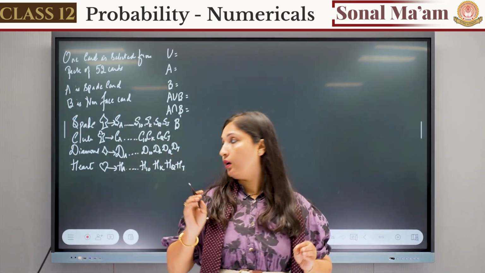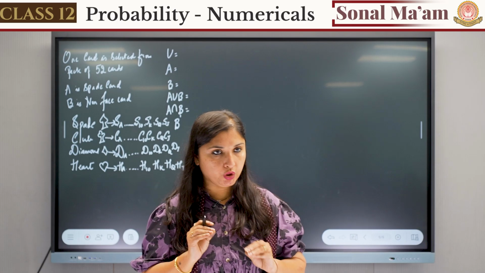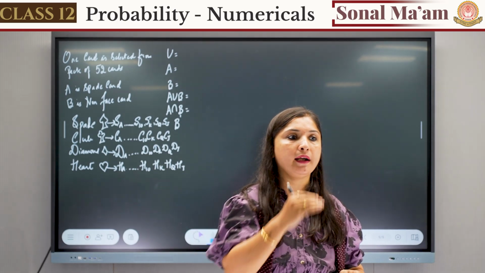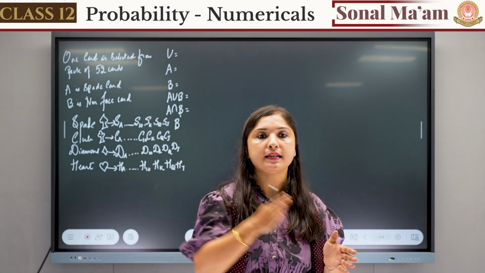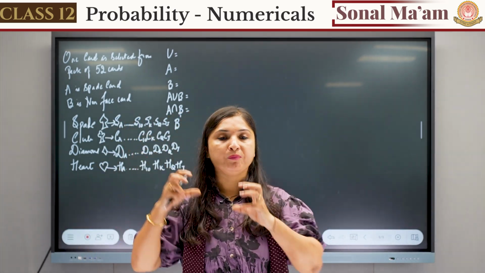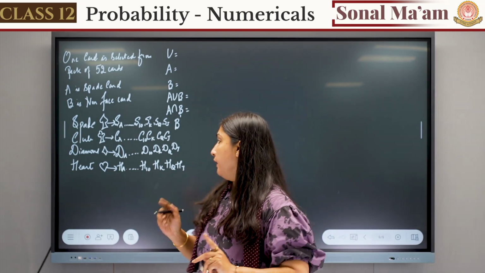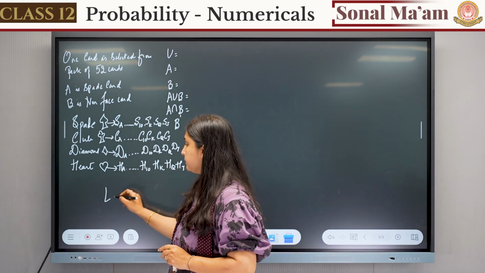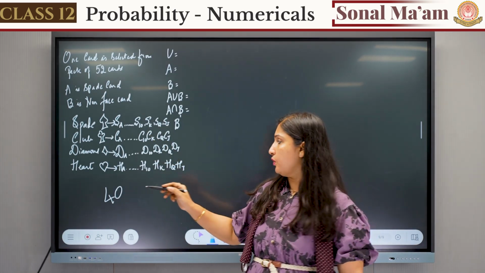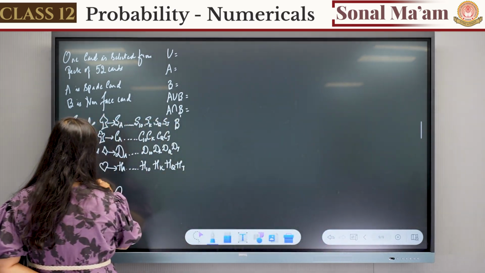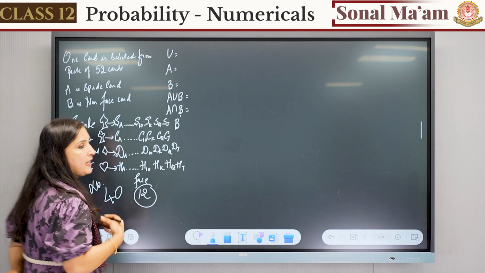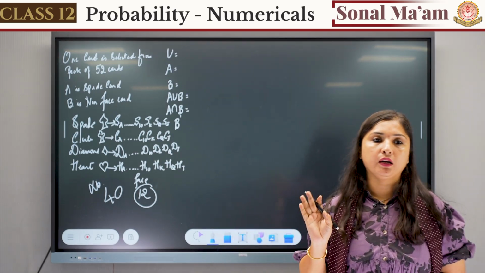Okay? So this concept should be crystal clear to you that we have 4 parts. We have spade, club, heart, and diamond. And each part has how many cards? 13, 13, 13, 13. In each, we have 10 number cards and 3 face cards. Now, total number cards will be 10 in each: 10 in spade, 10 in heart, 10 in diamond, and 10 in club, right? So 40 number cards, and 12 face cards, 3 in each, right?